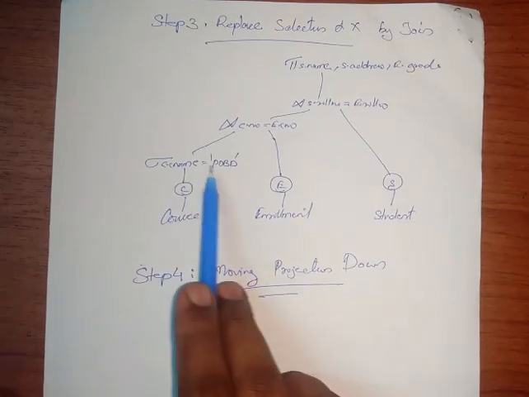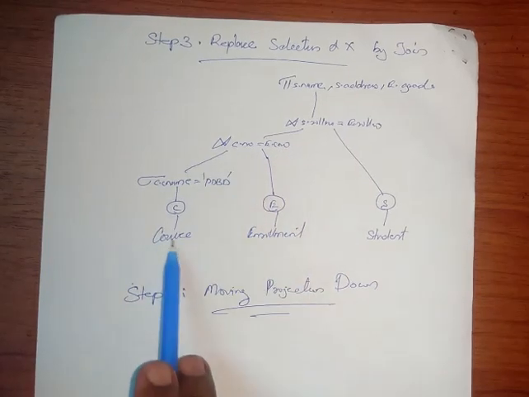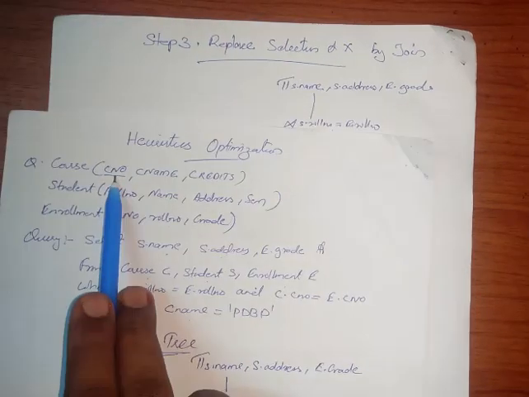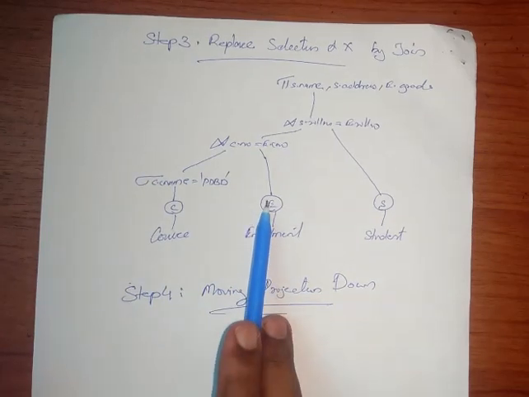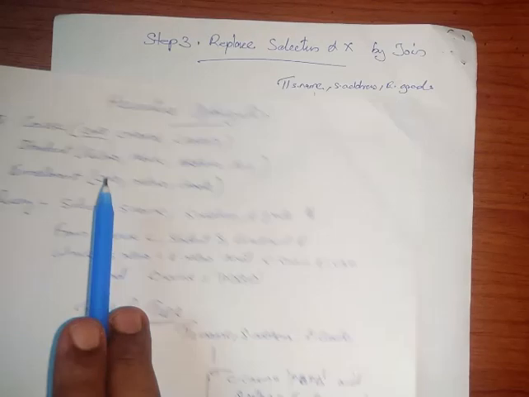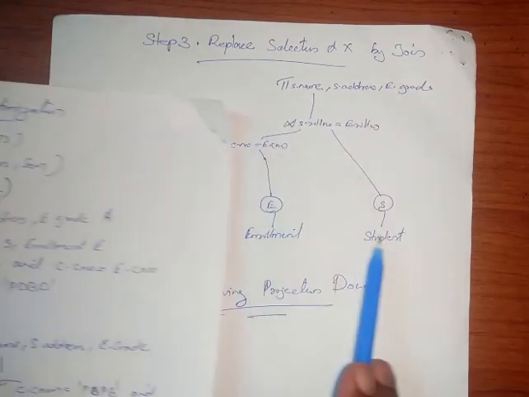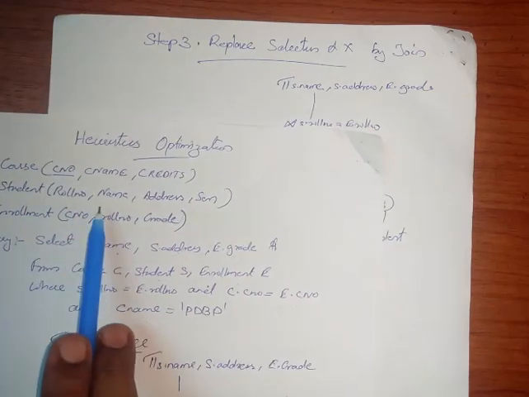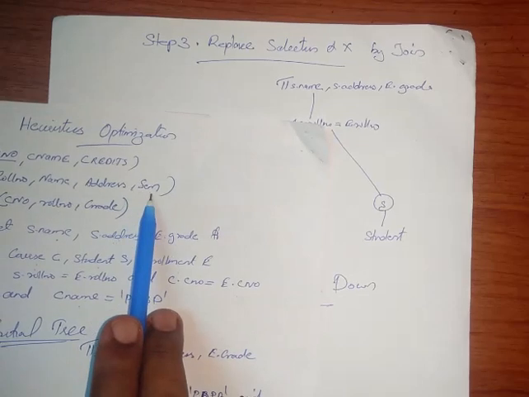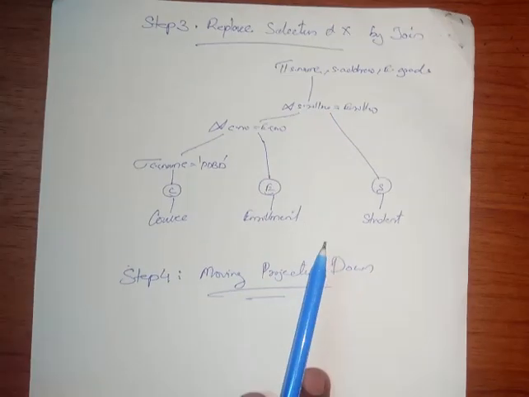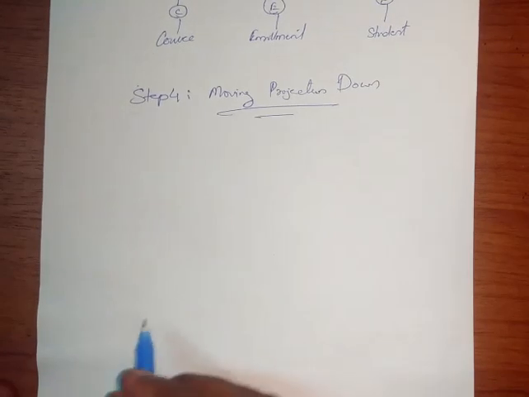And here we are doing course, firstly we do the selection, then merge these things. So from the given table we know that course requires the attribute C name, and for joining with the enrollment table we require the C number, and from the student table we know that for the joining we require roll number, and the selection statement is name and address. So semester is not required in any part of the query, either in the selection statement or in the where condition.